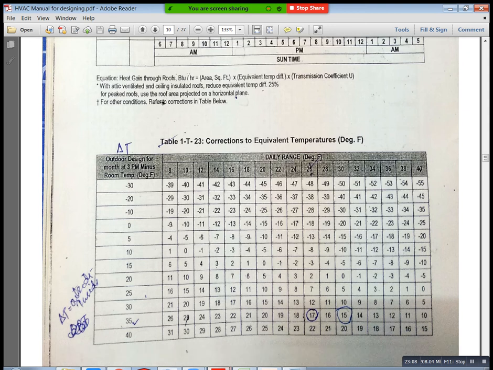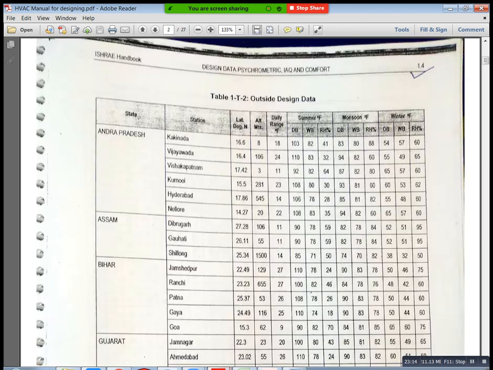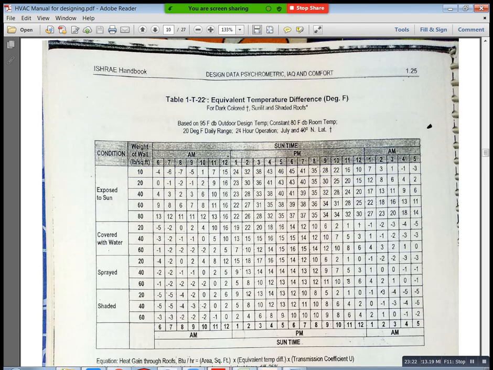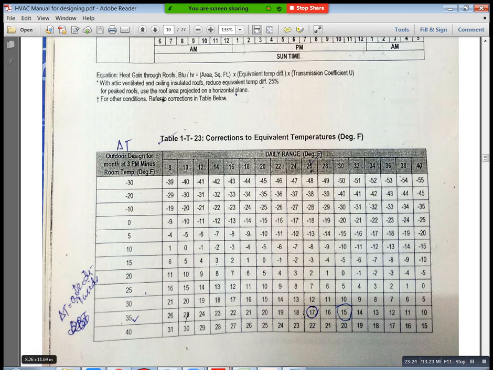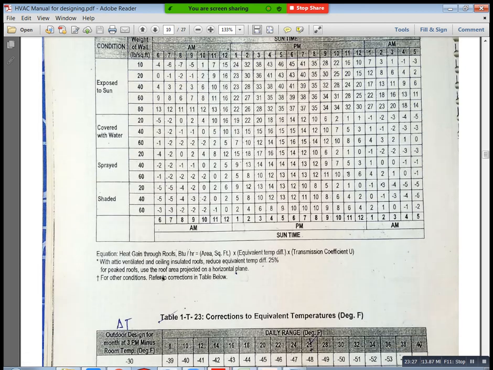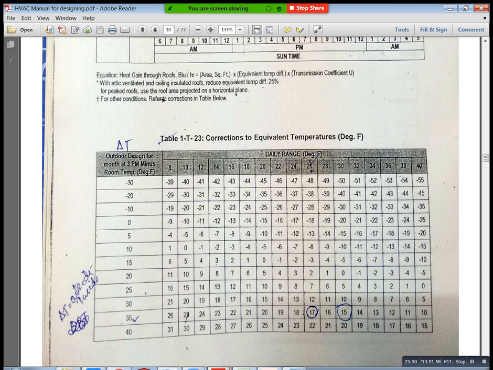Now you can see 23. This 23 plus the above 10 that we got, those you need to add. It means a correction to the equivalent temperature difference, based on north west, just you can see. We calculated the transmission area. Next we go for the equivalent temperature difference, and for that purpose we need to add our correction. Based on this, here we got 10 and 23. Totally now you are getting 33. Now you can mention 33 here. 10 plus 23, you get 33 degrees Fahrenheit.